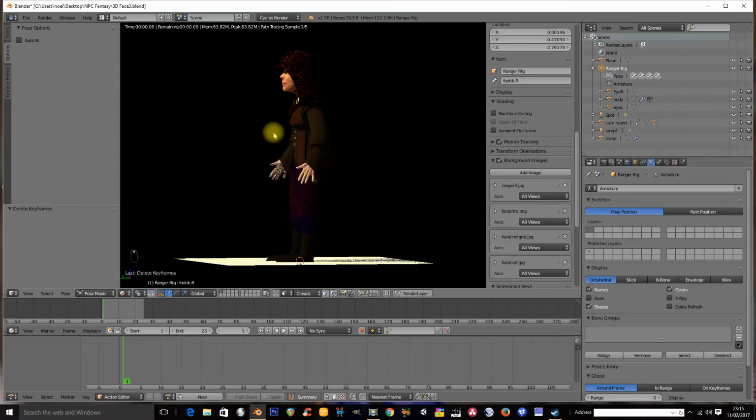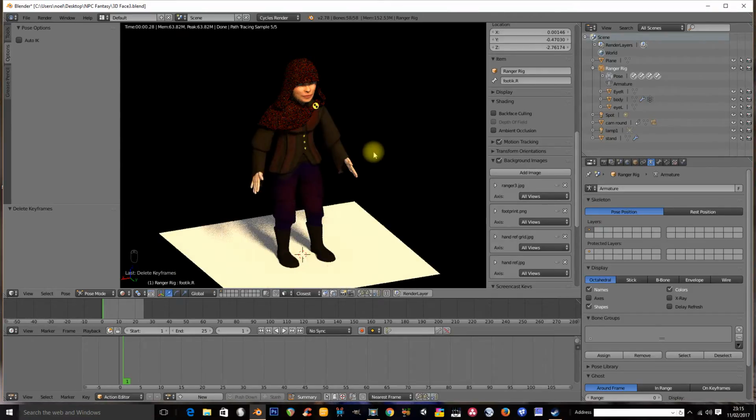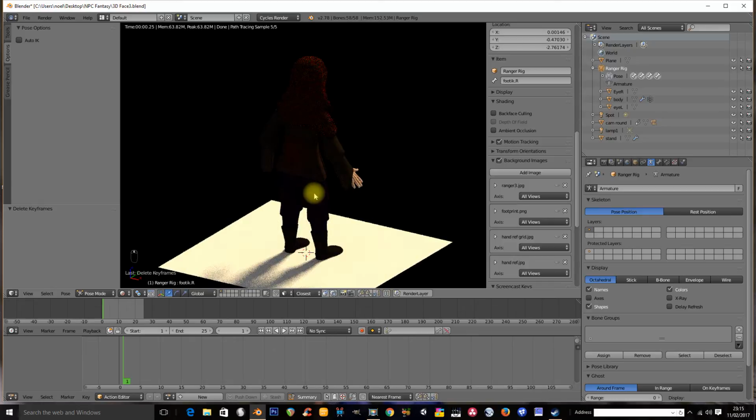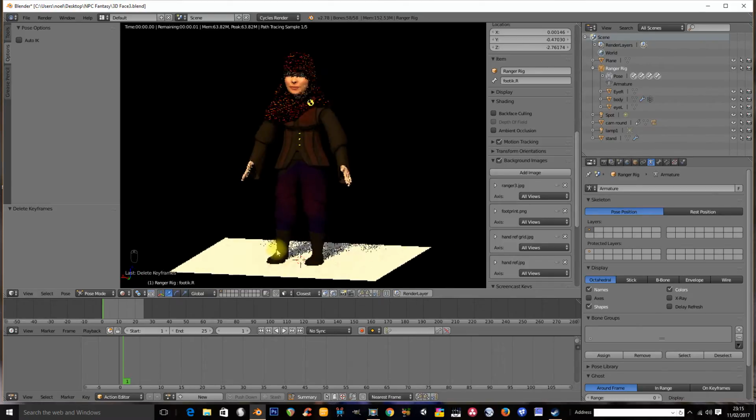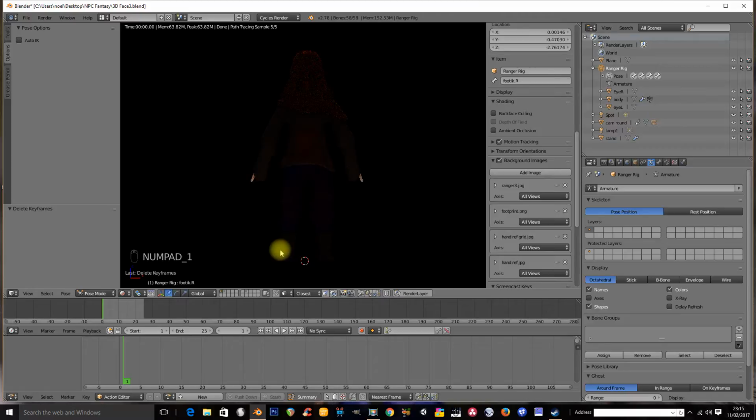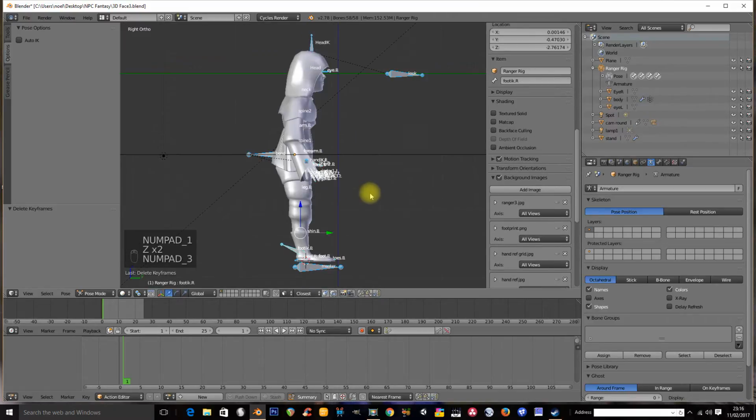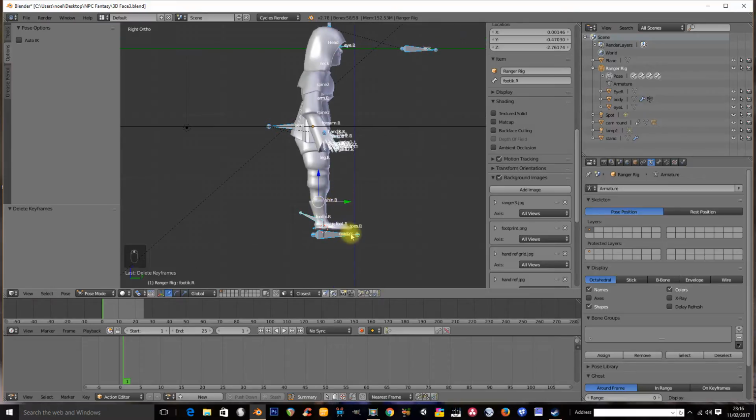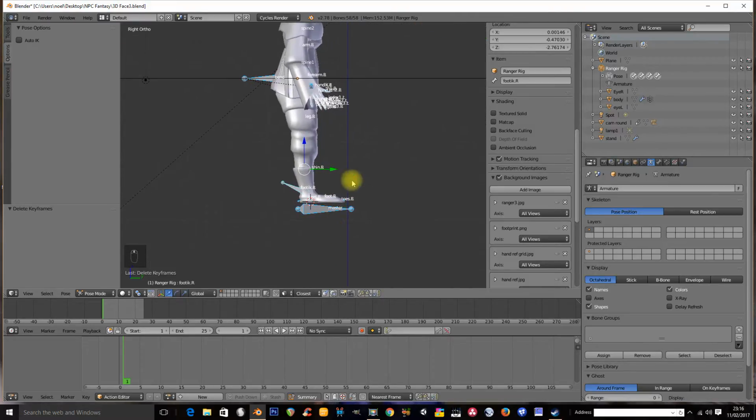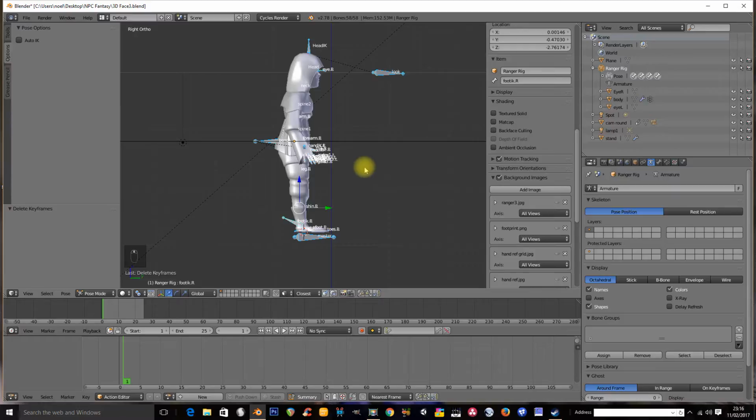Hello and welcome to our tutorial, and what I have here is my character. I have her standing on a very simple plane, and we are going to animate her. So let's get going. So first things first, we need to decide the speed she's going to walk at, and